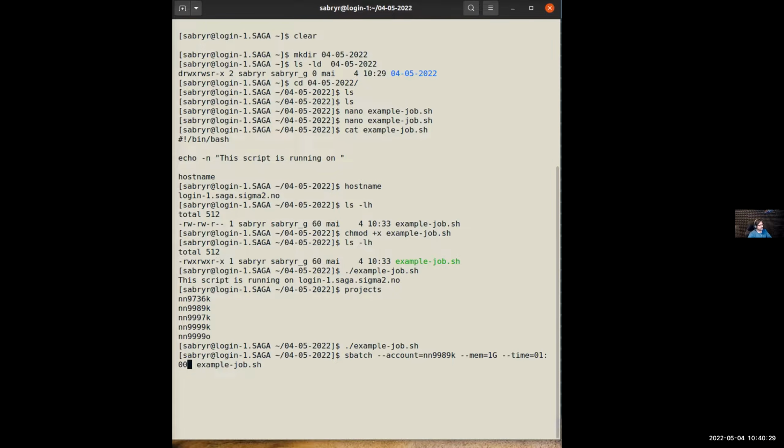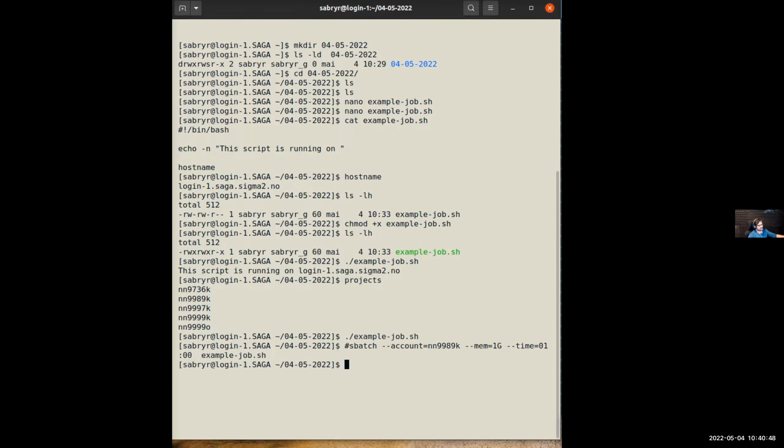Again, I'm running out of space in my terminal. So one option is for me to reduce it. Okay, let me do it anyway. I'm going to use a hash in front to tell the terminal not to execute it. Just leave it as it is. And I'm going to reduce the prompt a little bit, so I will have a little more space.